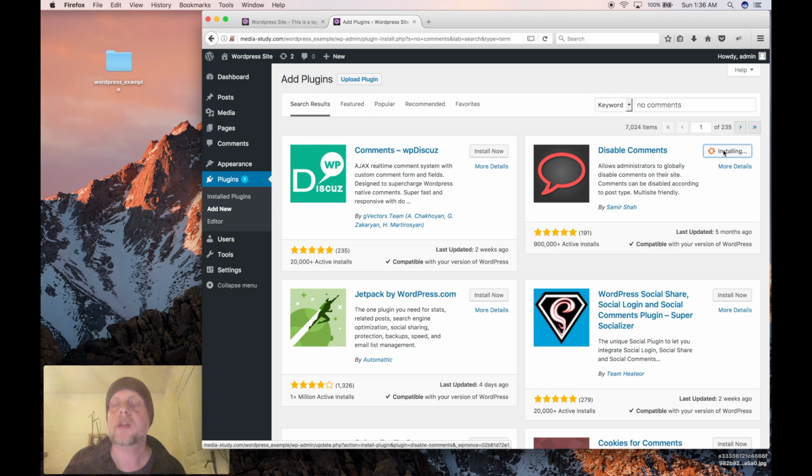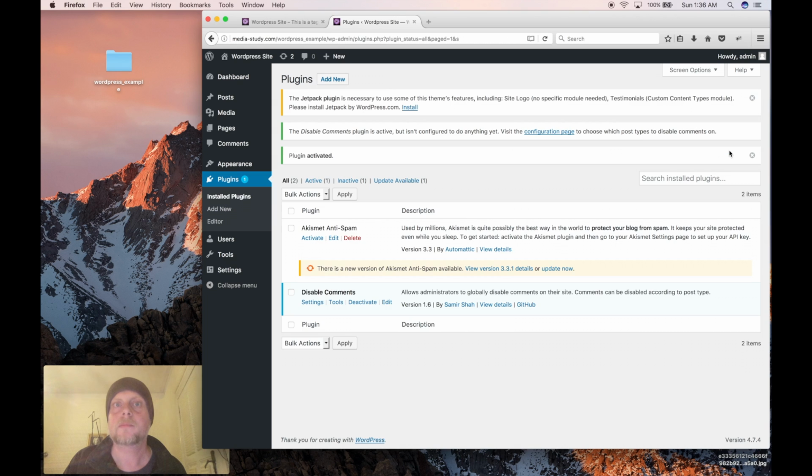If you click on this button, Install, it will install it. Then the second thing you have to do in order for it to show up in WordPress is Activate. Okay? So I'm just clicking on Activate, and it's activated. As you can see down here, I have a tool called Disabled Comments. If I go to the settings,